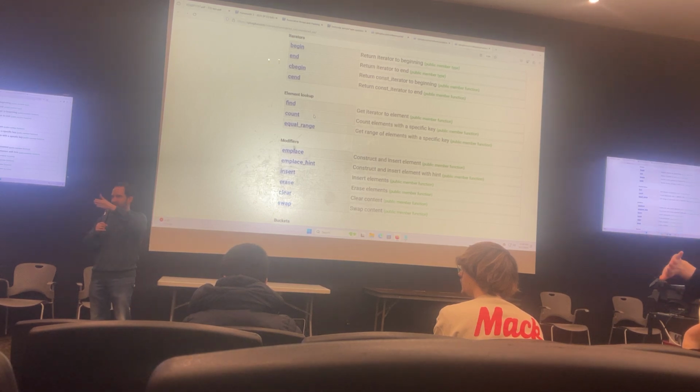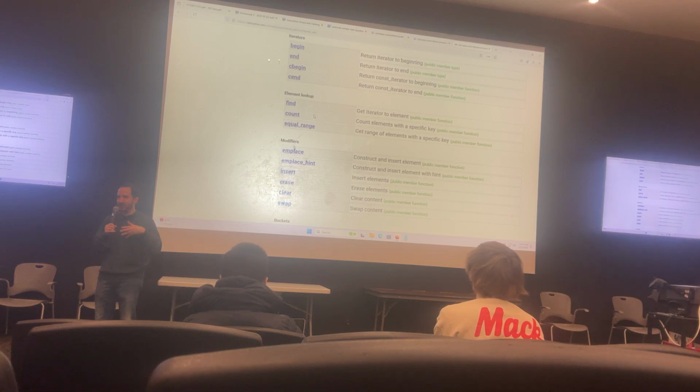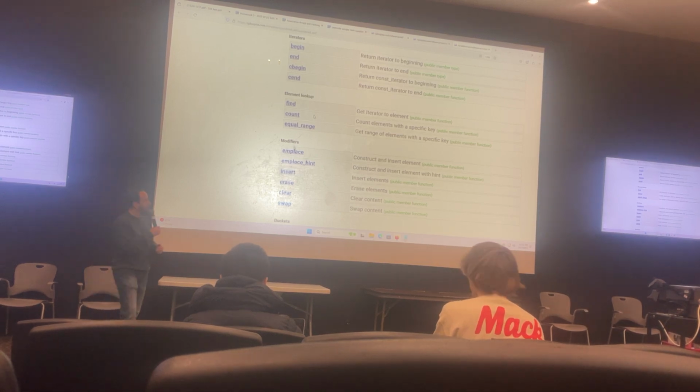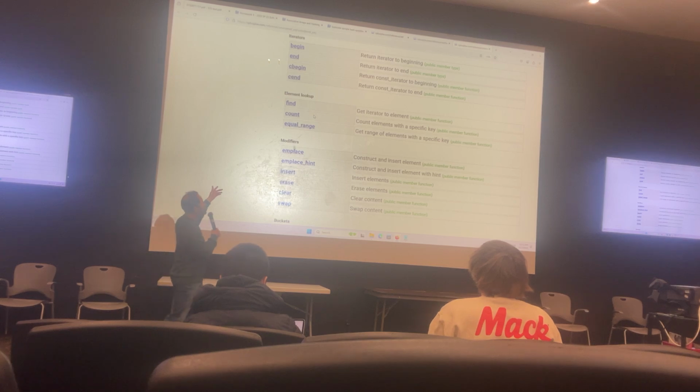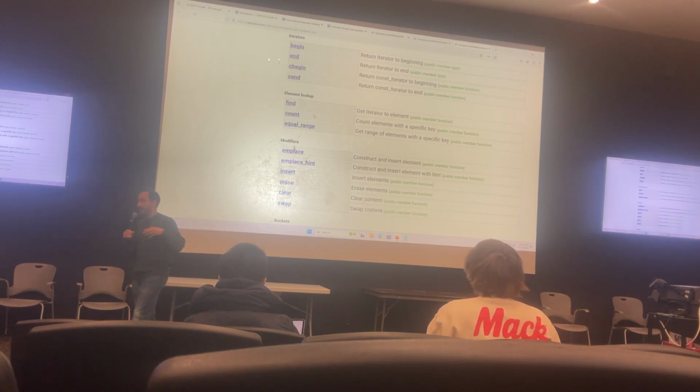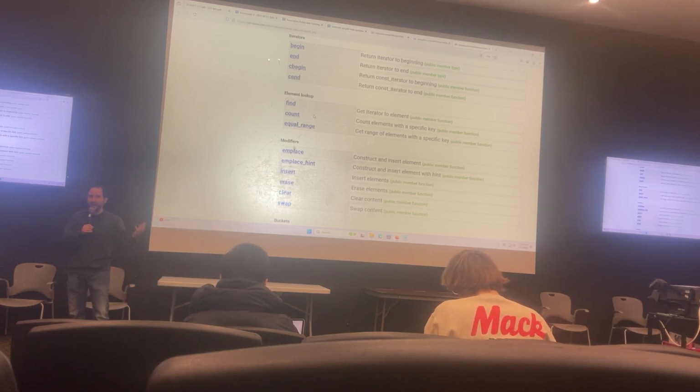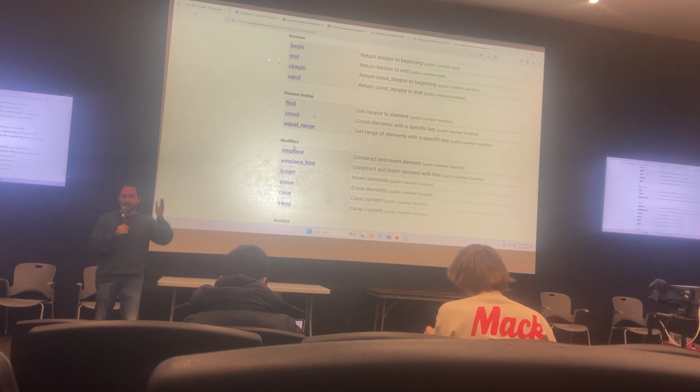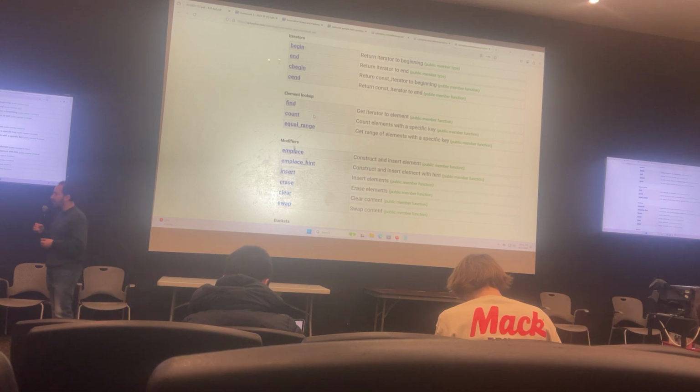But a search. So it's a binary search. So find or count in a tree-based data structure requires searching the tree, right? So a binary search. Binary search is not a lookup, right? It's an operation. Whereas in a hash table, you simply